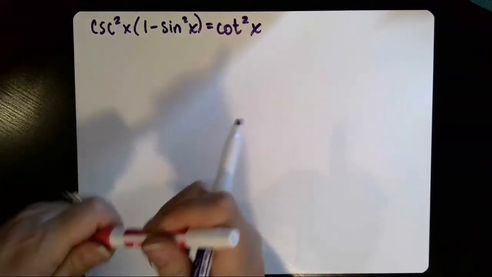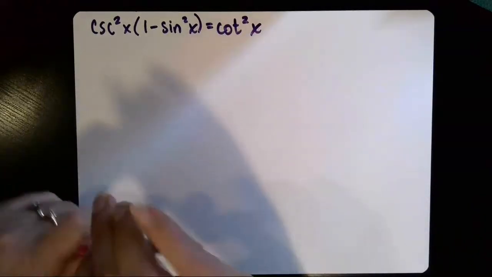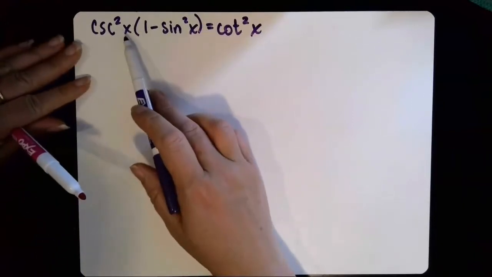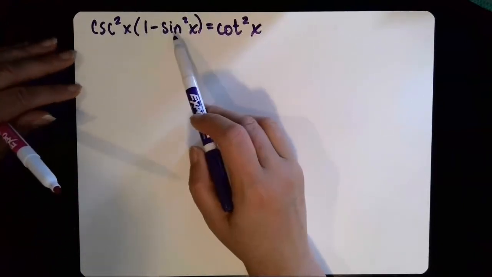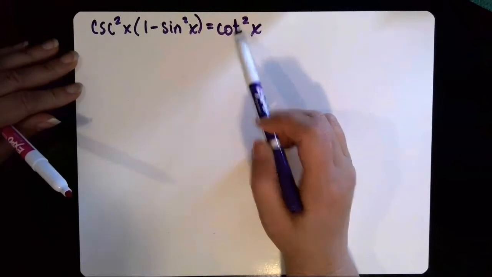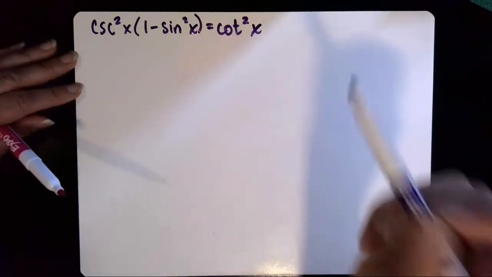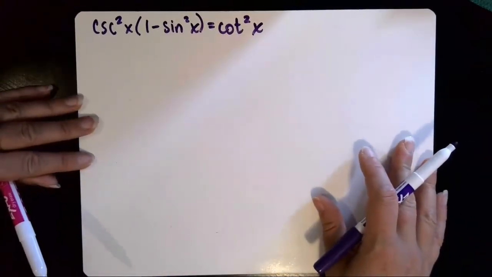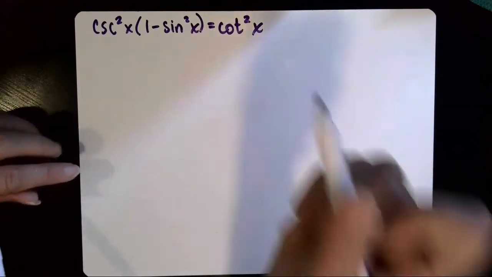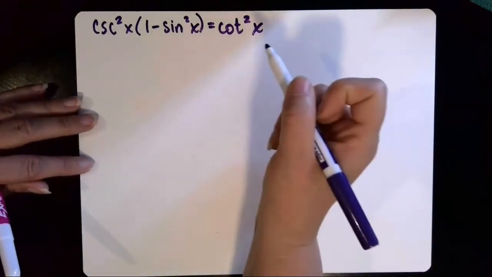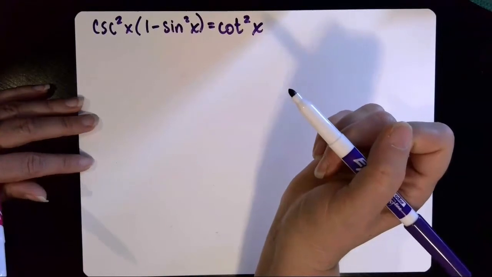Okay, in this video we want to verify the trig identity cosecant squared x times the quantity 1 minus sine squared x is equal to cotangent squared x. And step one in verifying trig identities is always to pick the more complicated side and make that your given